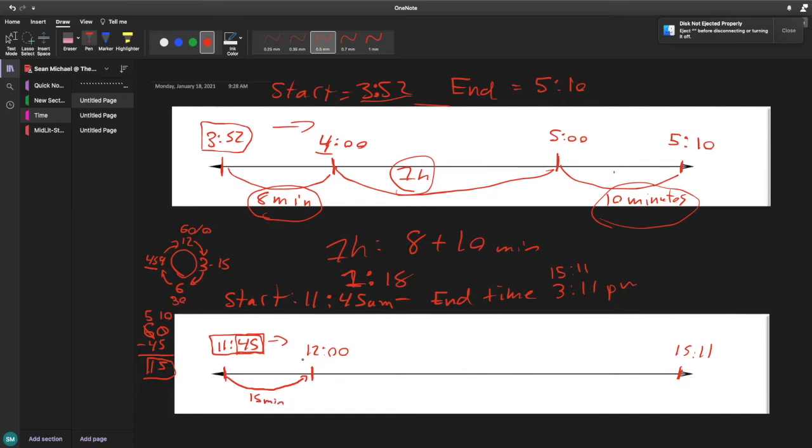Okay, so now we're at 12. Now we can make some big jumps. We could, if we wanted to, go just to 1, right? Well, we could make a bigger jump. We can go to 13 o'clock, and then we could go to 14, and then we could go to 15. But I think there's a better way for us to do that. So that's an option. You can do that and just jump, but then you're going to be doing a little bit more